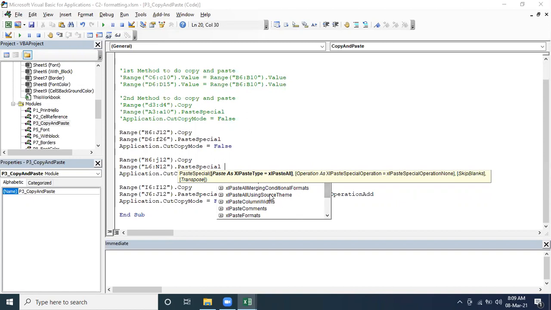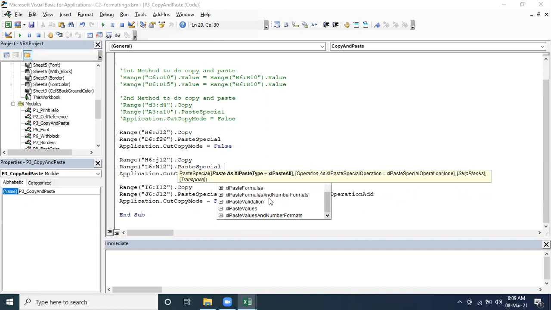What type of paste you want to do? So here you are able to see the list of the paste options. Correct? You are able to see the paste format, paste only formulas, paste only comments, paste column widths. So yesterday I covered about it, right? Paste validation, paste value only. If you want to paste only the value, how can we do it? This option is there or not?